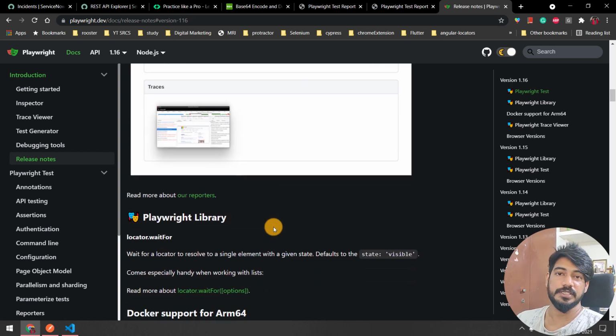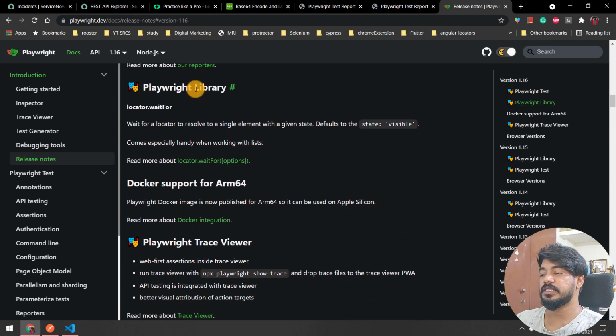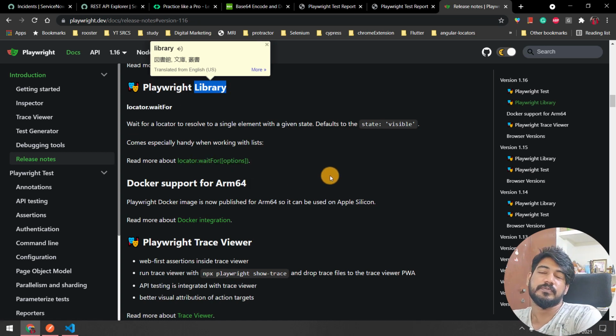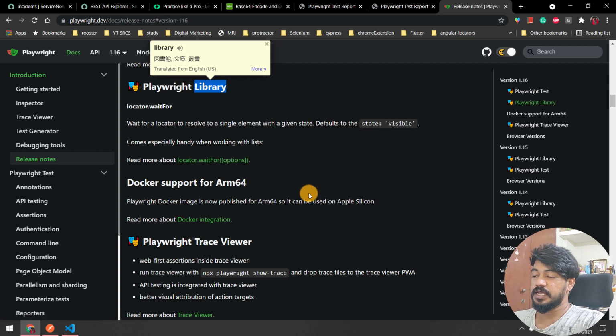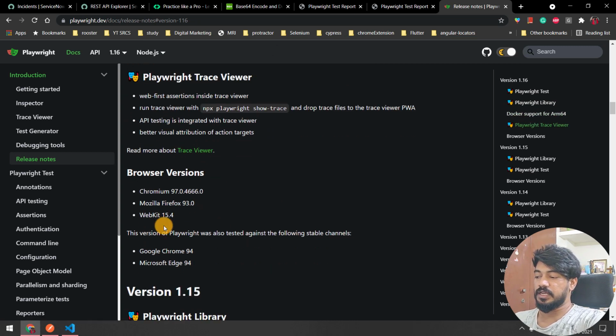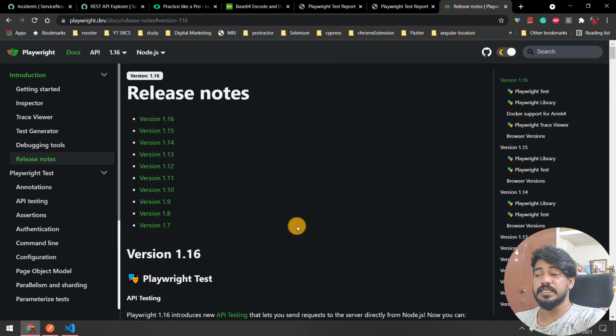Okay, so the reporter is really good now, but still the same issue. Even the Allure report is really good, but we cannot share it directly, right? So that is the problem here. Also the same problem, but I already have given a solution, so probably you can try that. Okay, and in the library we have a new update called waitFor. The problem earlier was that in element handle we can wait for an element, right? But that is not possible with the locator, unfortunately. Now, fortunately, we have this waitFor. Okay, and then of course we have support for Docker, and there is some update in the trace viewer and new browsers. Okay, so that's it pretty much for this video.